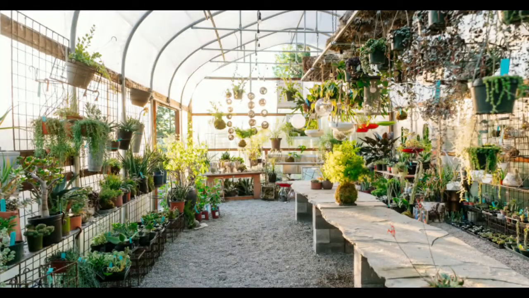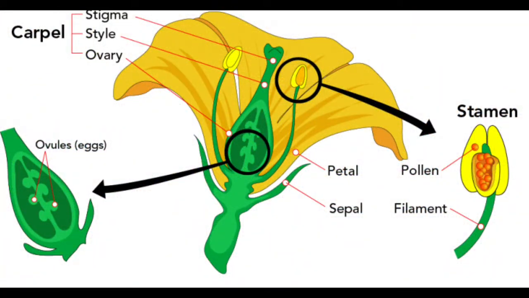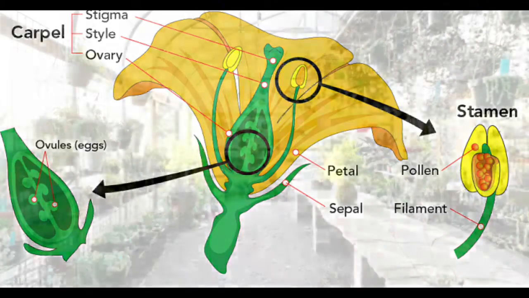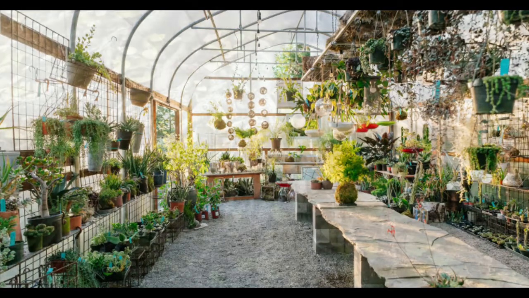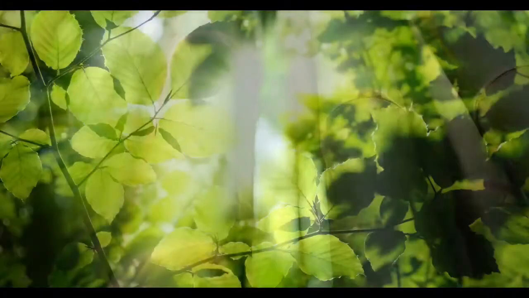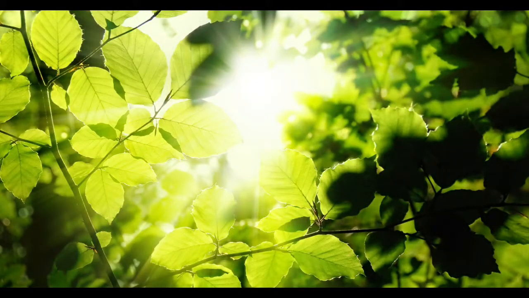Hello students. In class 6, you learnt about different parts of a flowering plant. Try to list the various parts of a plant and write the functions of each. Most plants have roots, stems and leaves. These are called the vegetative parts of a plant.